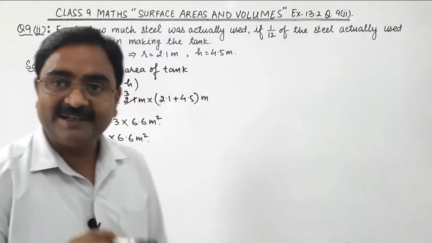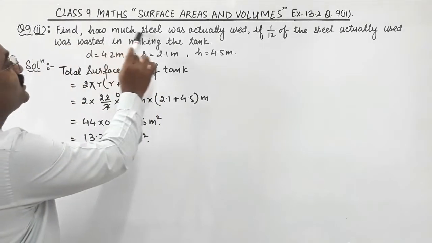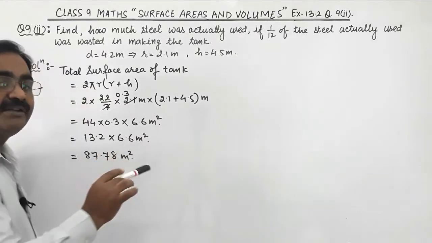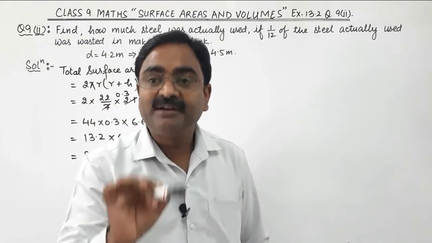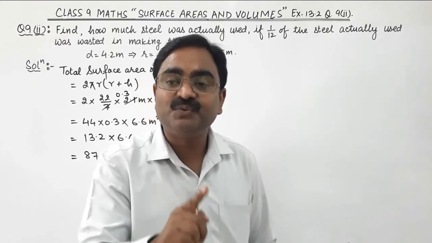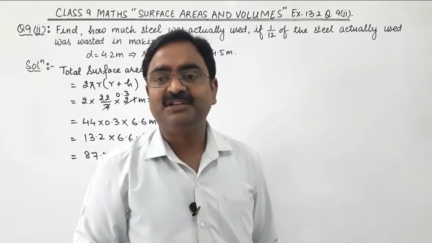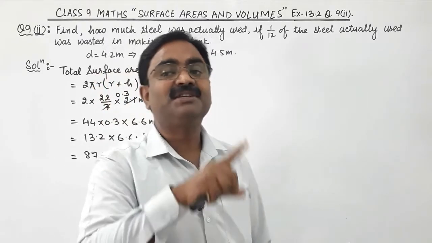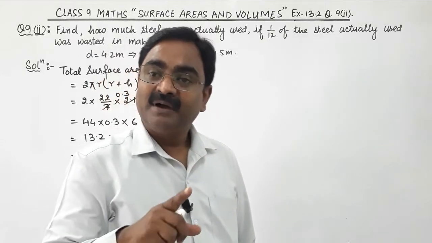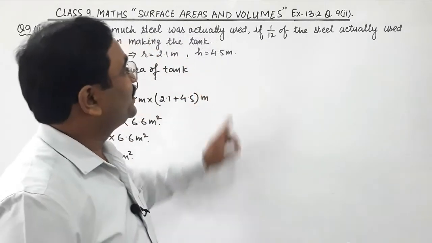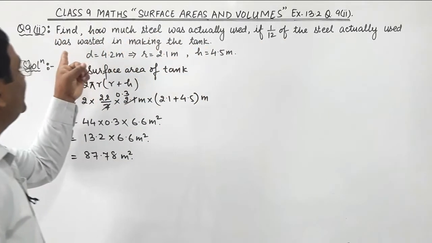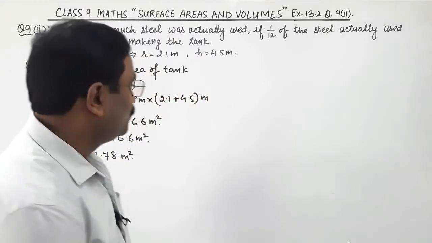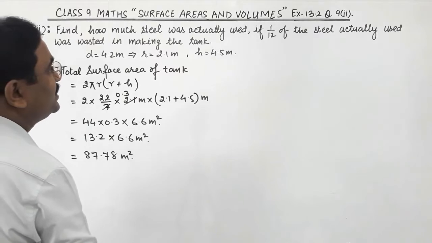अभी इस क्वेश्चन में क्या दिया है, फाइंड हाउ मच स्टील वॉज एक्चुअली यूज्ड. ये जो सरफेस एरिया हमने फाइंड किया, ये तो सिर्फ और सिर्फ सिलेंडर का टोटल सरफेस, मीन्स इस सिलेंडर में एक्चुअल जितने स्टील यूज हुआ है उसका एरिया आया. लेकिन जब इस टैंक को बनाते समय कितना स्टील लिया गया था, आफ्टर दैट टेकिंग दैट स्टील, इसमें दिया है क्या, स्टील वॉज एक्चुअली वेस्टेज टू मेकिंग दिस. सो लेट अस फाइंड आउट द एक्चुअल स्टील वॉज यूज्ड.